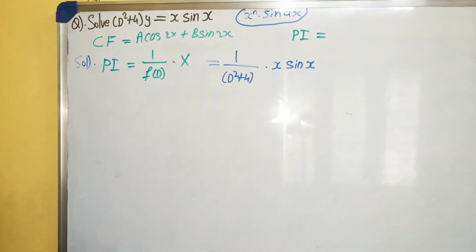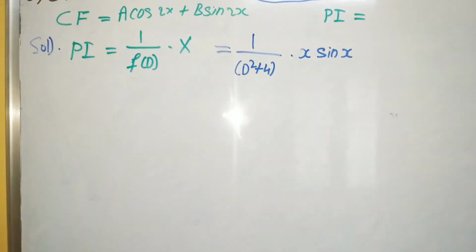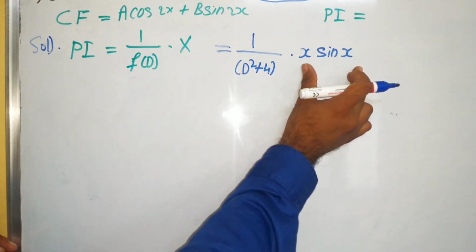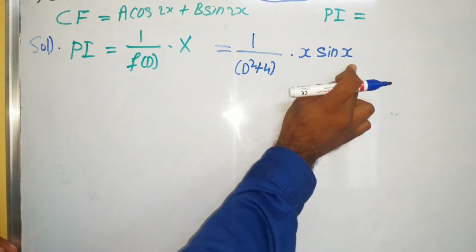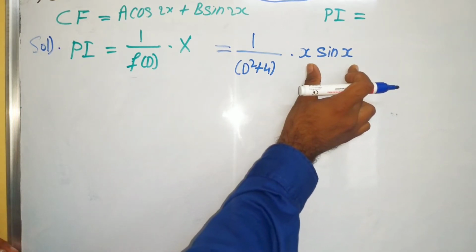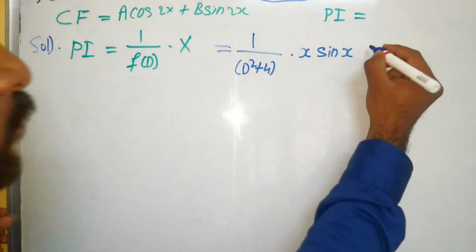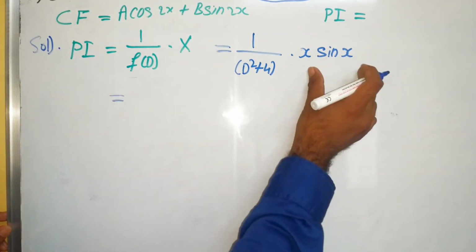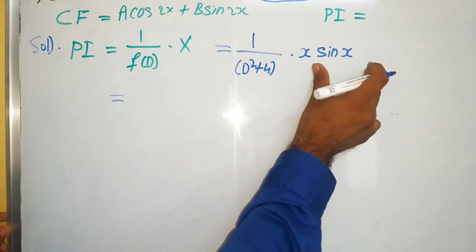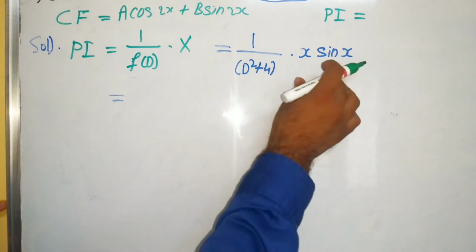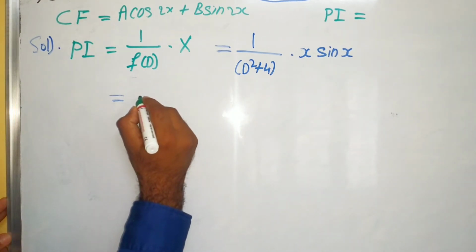Now we are going to explain one most important thing in this problem. Normally we have a single term in every problem. Here we have the multiplication of x into sin x. In such problems, we have to do it a little differently. Taking x into sin x, we do have a formula. We have to apply the formula first before getting into the solution.